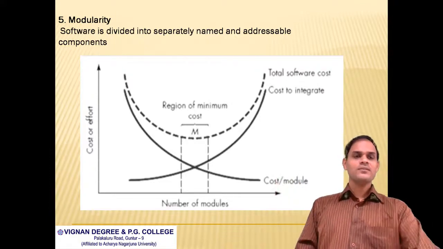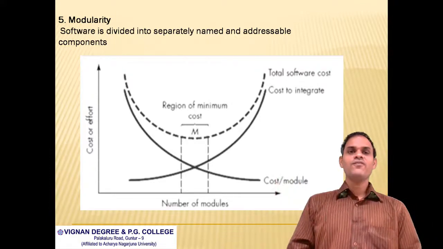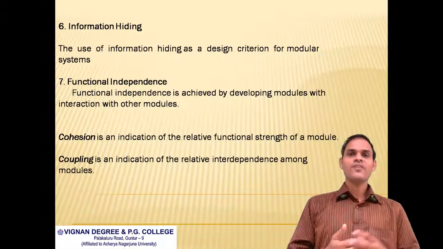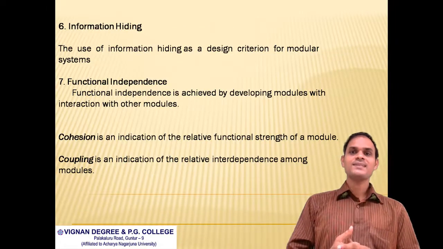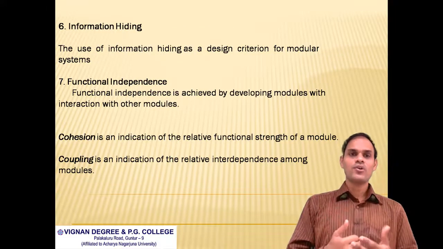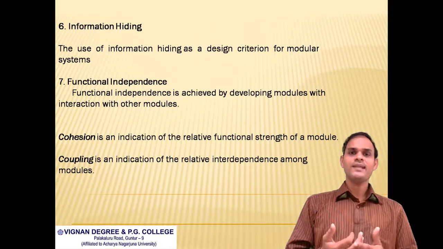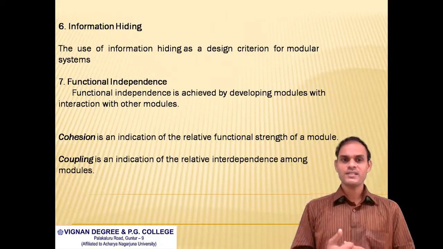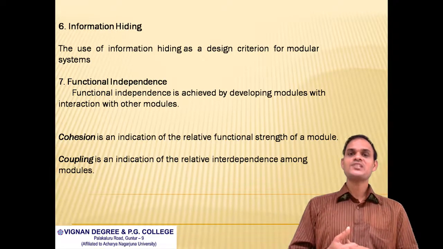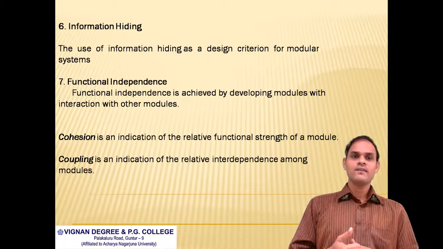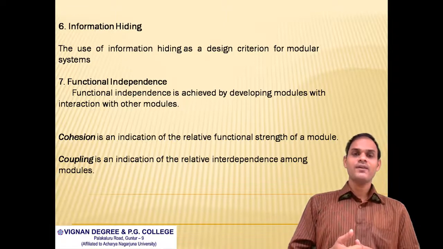And coming to the next one, information hiding. The use of information hiding as a design criterion for modular systems provides the greatest benefits when modifications are required during testing and later during software maintenance. What is functional independence? Functional independence is achieved by developing modules with a single-minded function